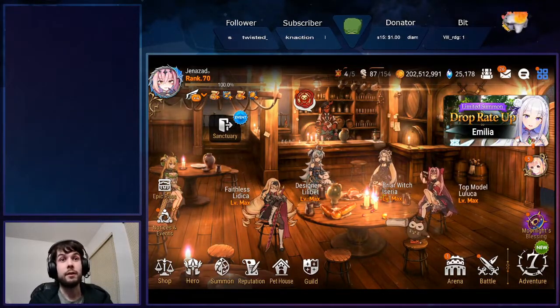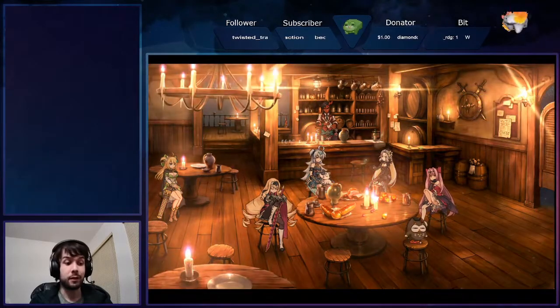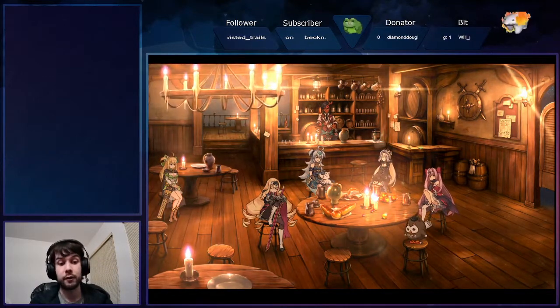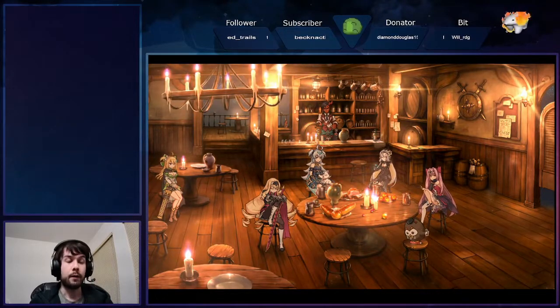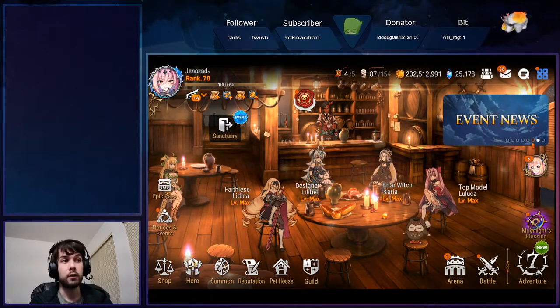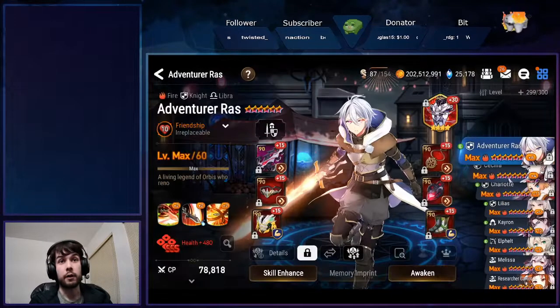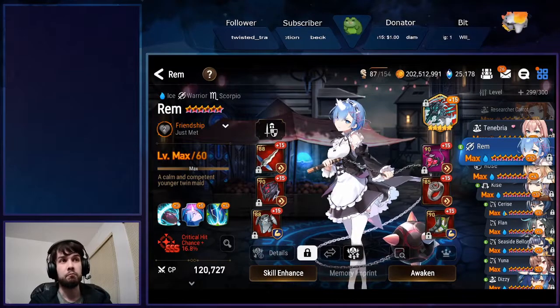Hey, how's it going? So, the new ReZero collab came out with all the new units and the new 3 stars. Fortunately, I wasn't really able to get any of the 3 stars, but did get Rem and Emilia. I triple S Rem and got 1 copy of Emilia, and overall, I think they're pretty good units. So I thought I'd make a video kind of showing how they are in PvP and kind of my thoughts